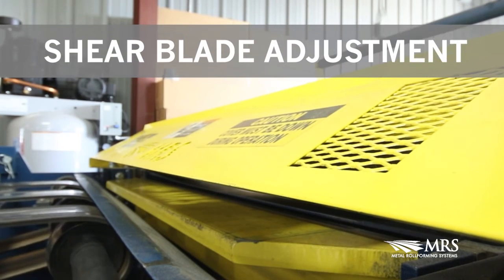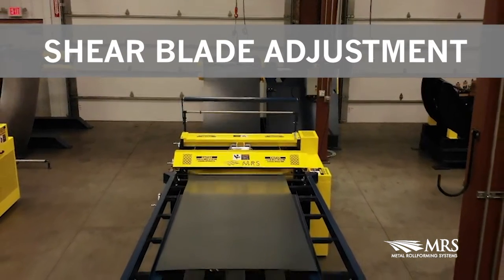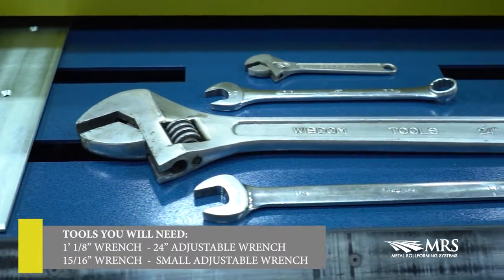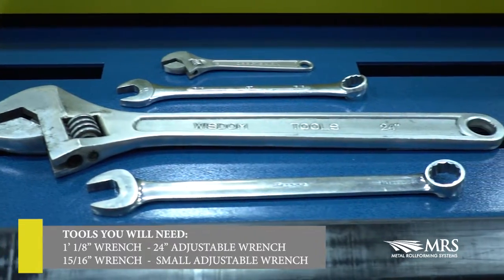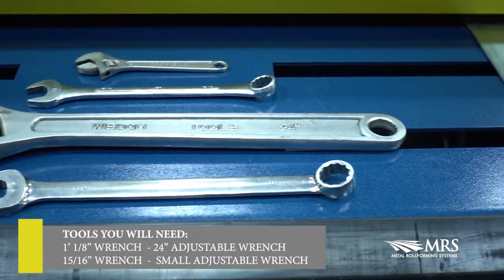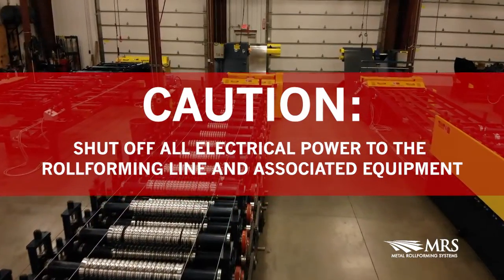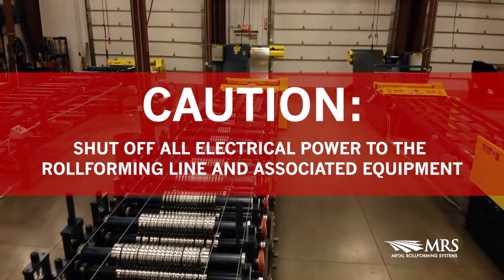This is how to do a shear blade adjustment. Tools you will need: a 1 1/8 inch wrench, a 24 inch adjustable wrench, a 15/16 inch wrench, a small adjustable wrench. Caution: first thing you need to do is shut off all electrical power to the roll forming line